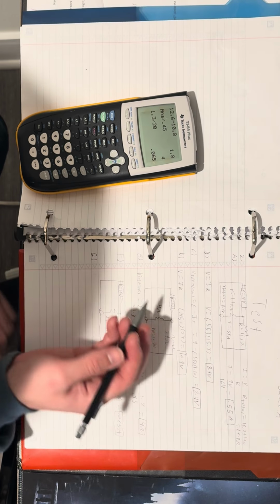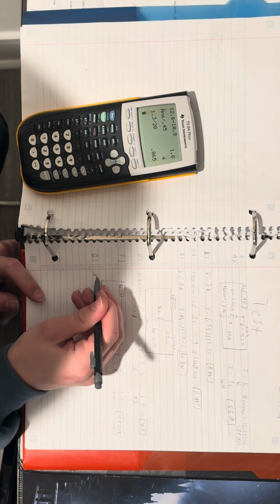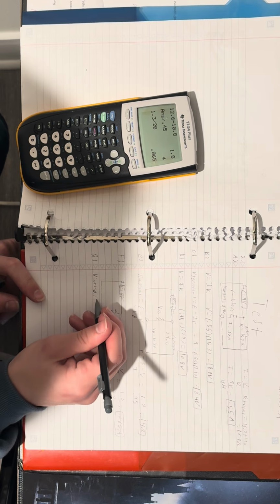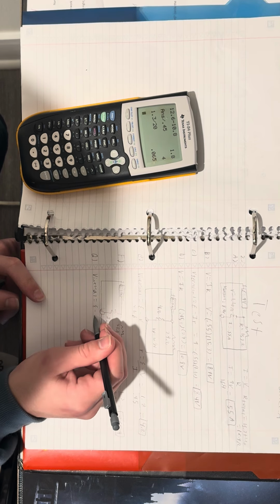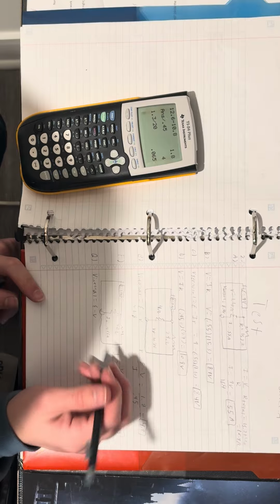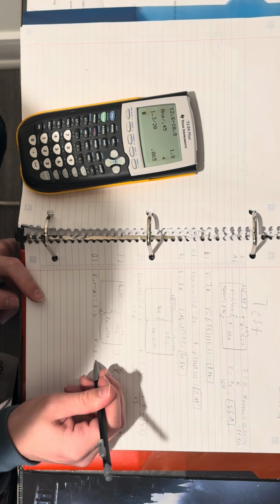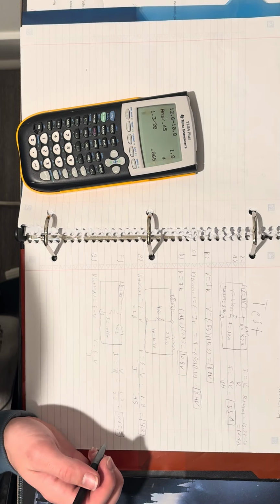Okay, we just plug it back into the formula. V internal equals electromotive minus V, and then we have the resistance equals electromotive minus voltage over current, and